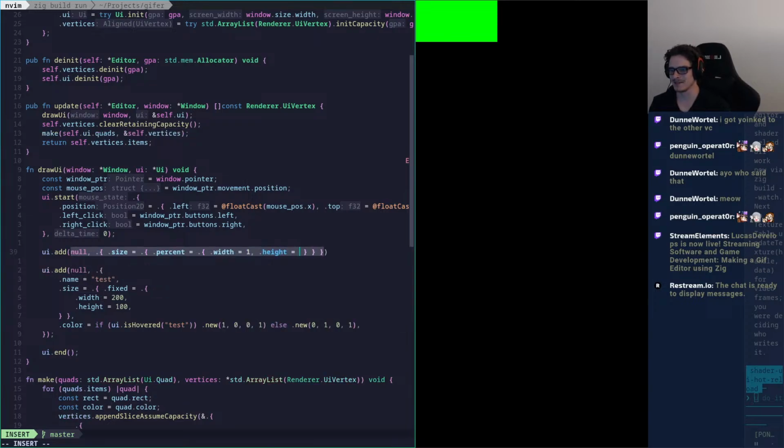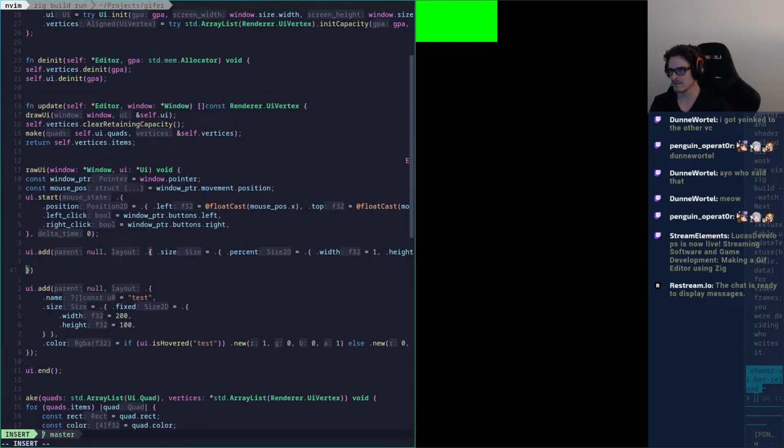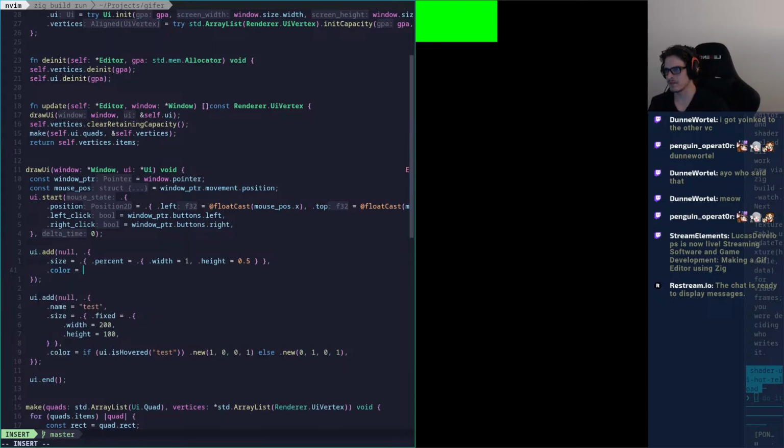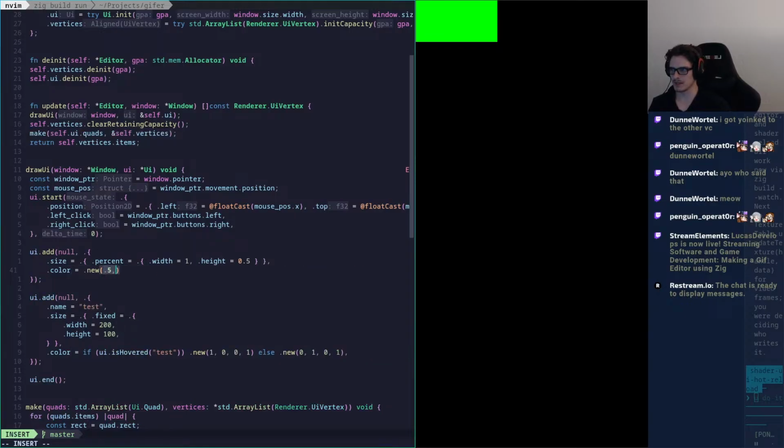Height will be 0.5. And then what we can do is do a color, new, and we'll do 0.5. Can I do it like this? I don't think Sig likes this. No, did not. So we have to do a